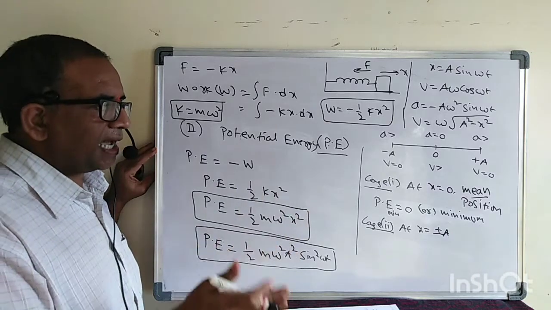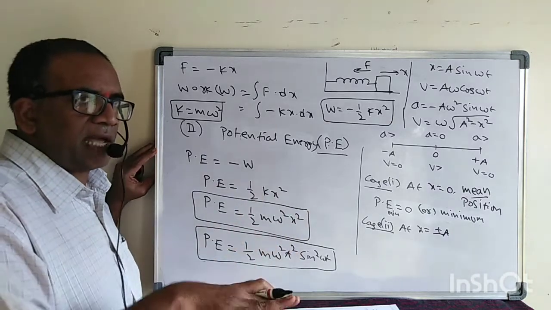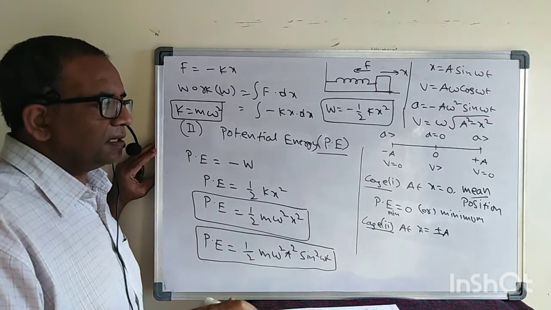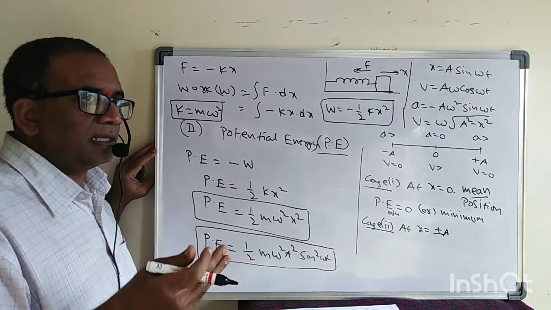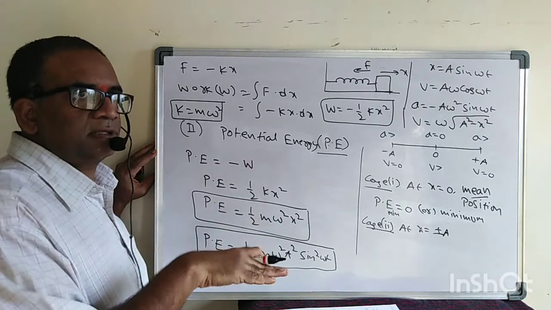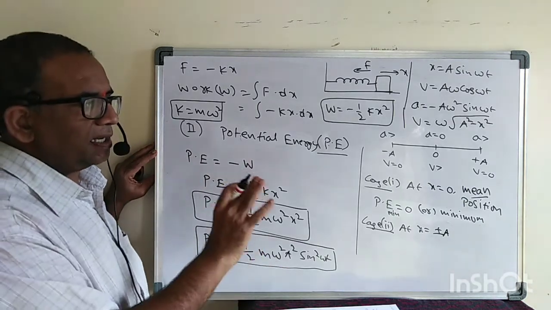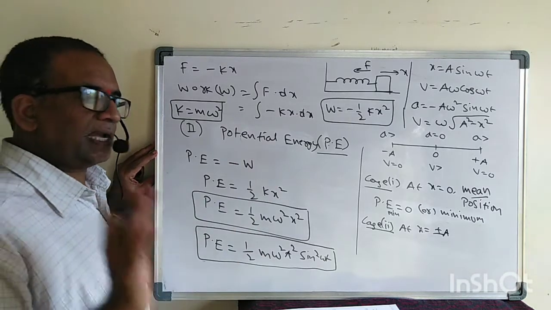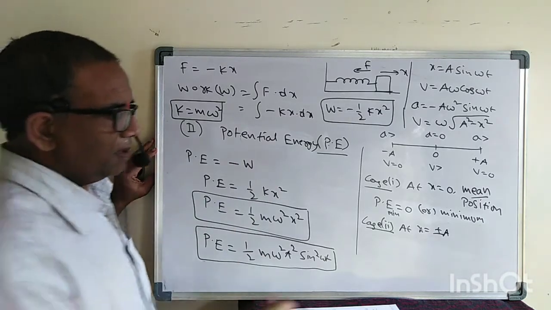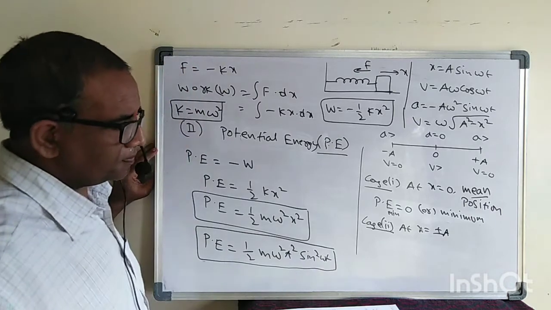And the kinetic energy is maximum there, but at the same time the potential energy may be zero or may not be zero. It depends upon the initial energy levels. So you should be careful when you are solving the sums, especially in NEET and IIT. Then see carefully, observe here.